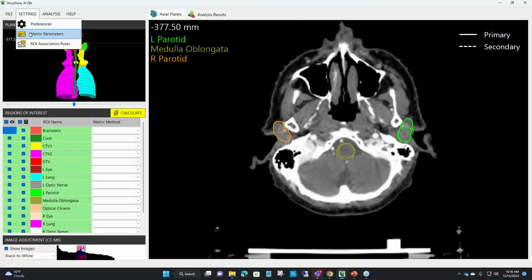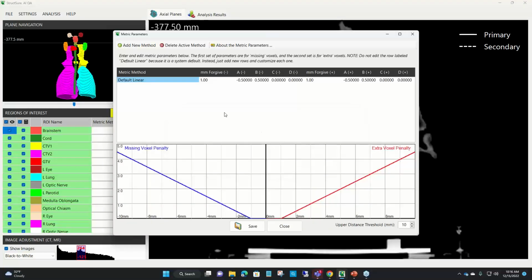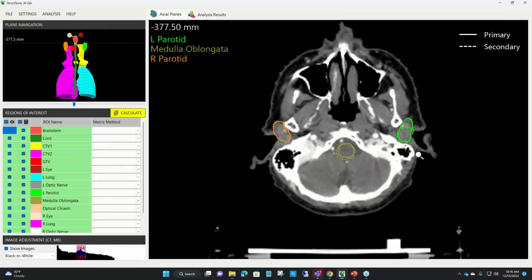So in settings, we go to metric preferences, okay? And basically what we have here, this comes out of the box, is the default linear. And it says, if I find that they match perfectly, there's no penalty. That's fine. However, if I start to go beyond 1 millimeter, like where the two don't match, let's take a quick peek here.